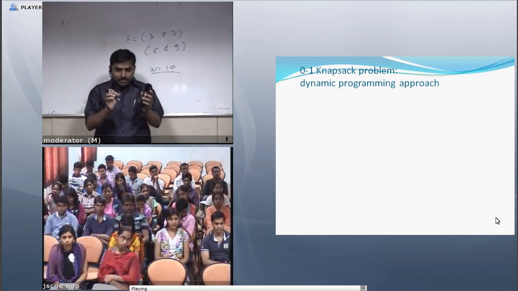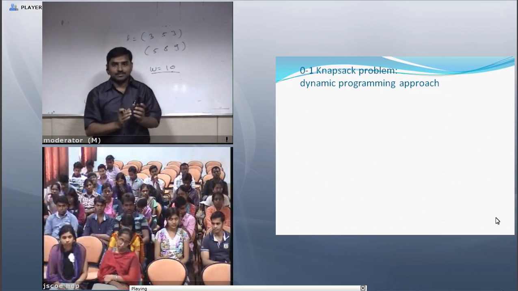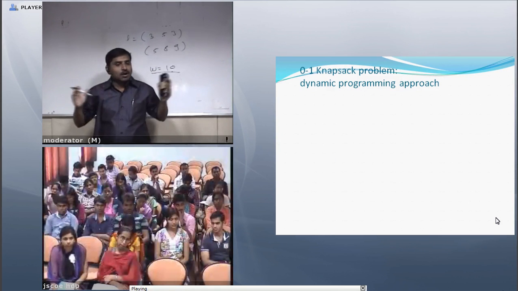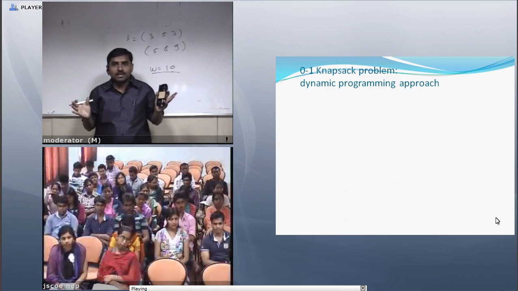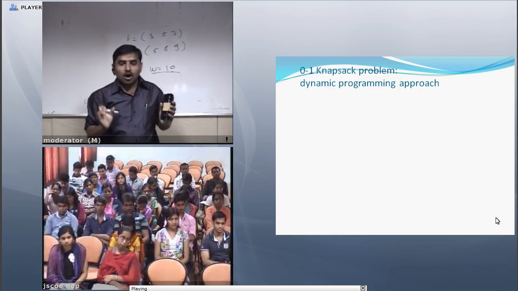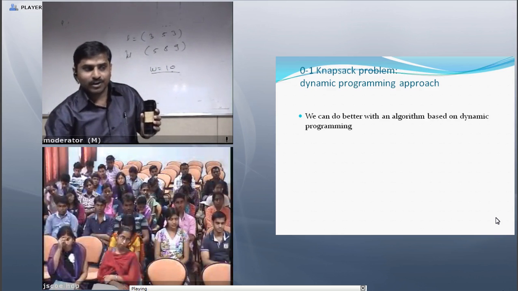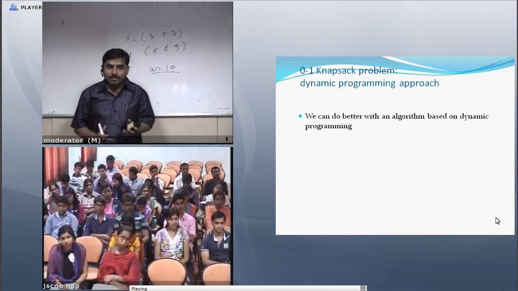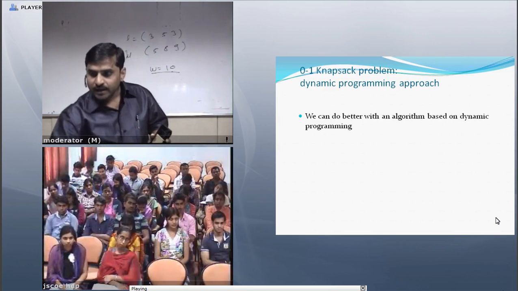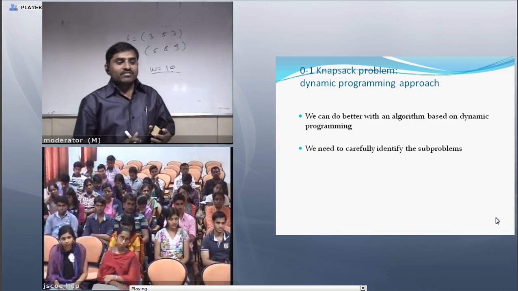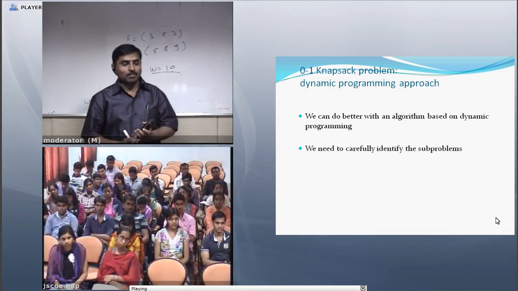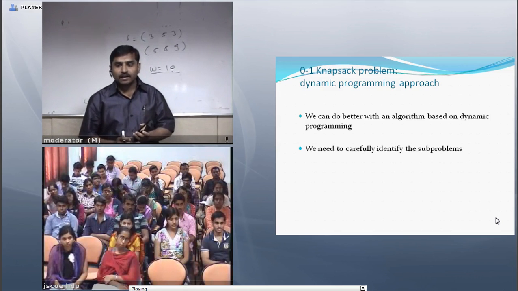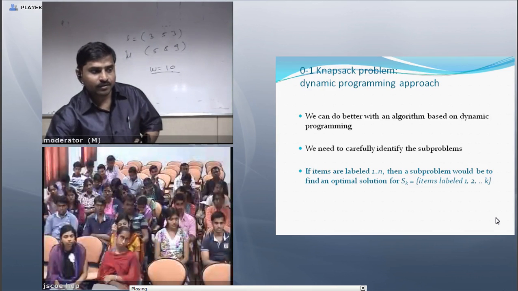First thing, I carefully select the objects, not randomly, not seeing all the possible combinations. I select the objects carefully. So this is the first point: we can do better with an algorithm based on dynamic programming, and we need to carefully identify the sub-problems. Clear?